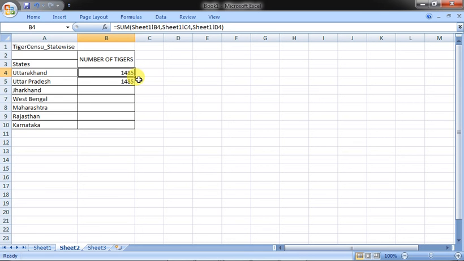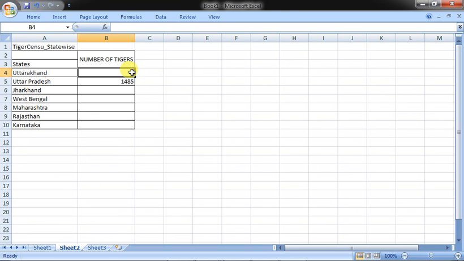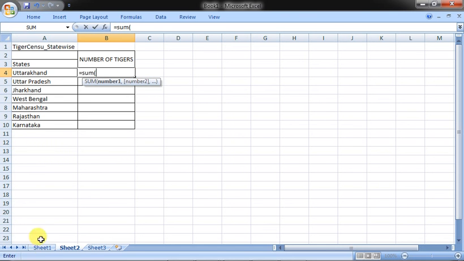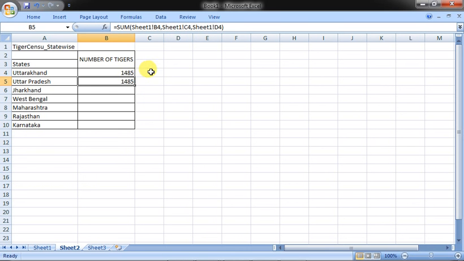Uttarakhand, it is 1485. So let us see for Uttarakhand what is there. Uttarakhand is having how much? Let's see, equals to SUM, and then Sheet 1 is having 340, comma, this, comma, and then 789. Here also the identical value has come.